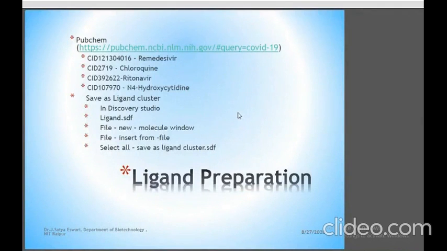From PubChem, we will take all the ligands. Whatever disease relevant molecules, if they already have some literature support, then we will take that particular ligand. Here, for the SARS coronavirus protein targets, when you read the PDB ID, you see that they are protease inhibitors, proteases and spike proteins, everything is written. So here also we are taking all 4 conformers, and in Discovery Studio we are converting and saving as a ligand cluster.